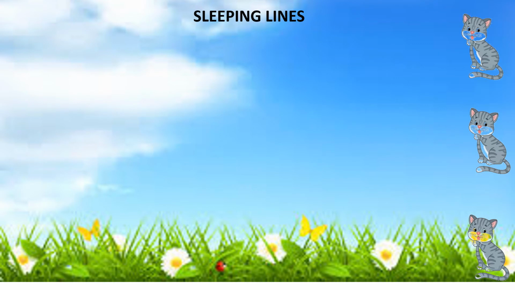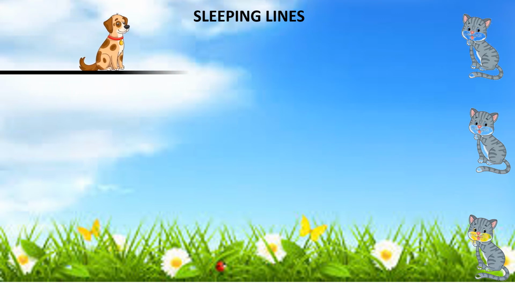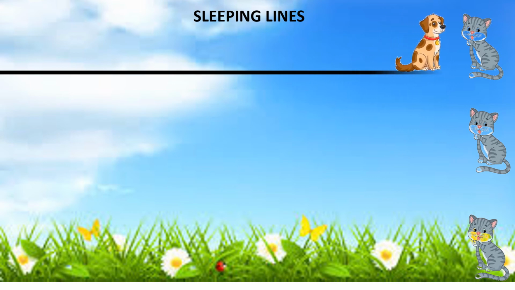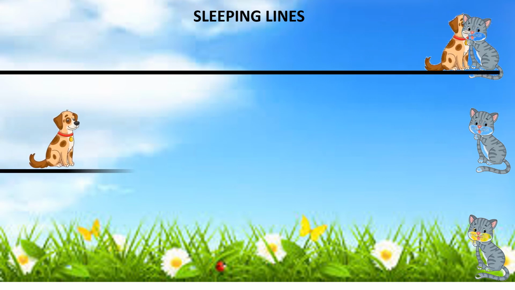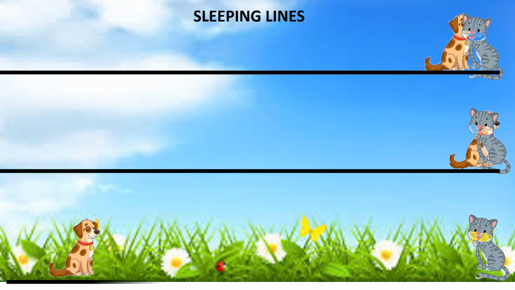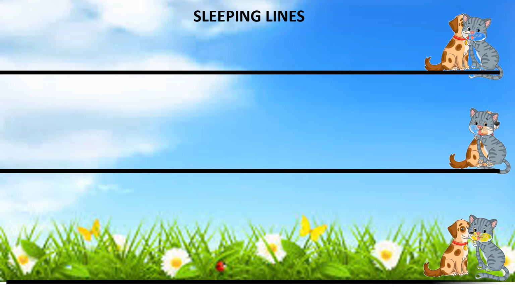And here some cats are there. Oh, let us see who is going to meet the cat. Ah, this cat. Oh, there is doggy, and again doggy is coming to meet the cat. And when doggy is coming again, it is a sleeping line. Yay! Once again the doggy is coming to meet the catty, and once again it is a sleeping line. And once again the doggy is coming to meet the catty. And there we have seen this is a sleeping line.